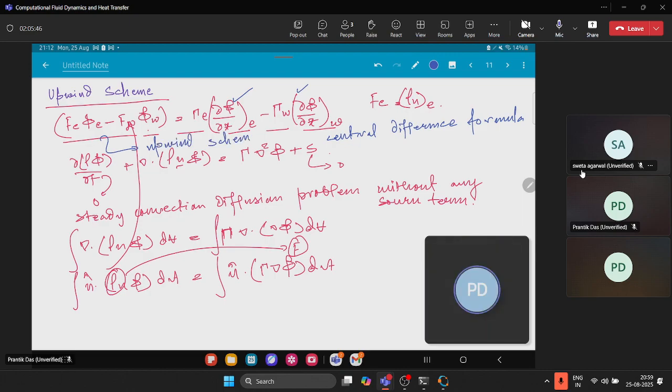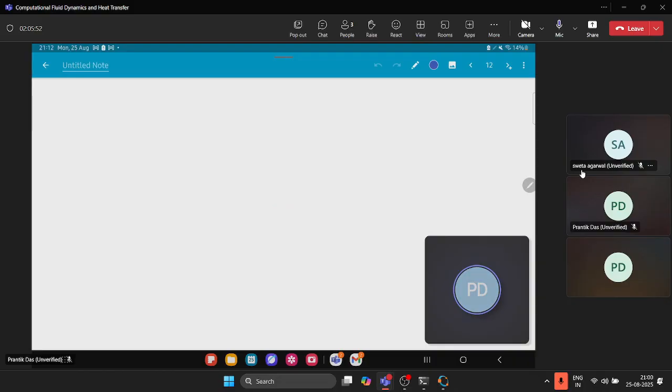This scheme depends upon the directionality of the flow, and this is the uniqueness of this scheme. For example, the flow happens from west to east, and this is the cell centered P, this is small e, this is capital E, this is small w, and this is capital W. So if the flow is happening from west to east, then